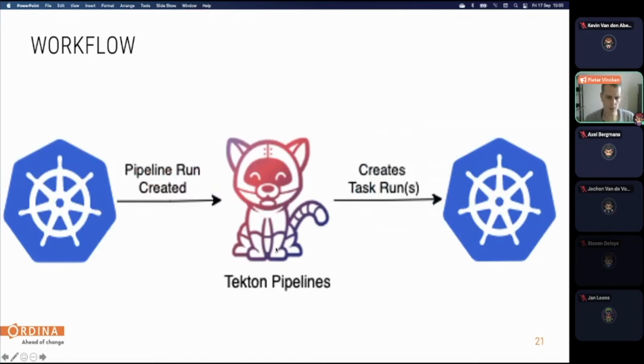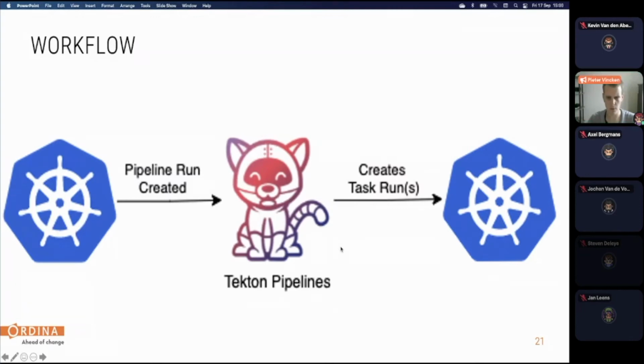Then Tekton Pipelines, a different component of Tekton, actually monitors the Kubernetes API for any pipeline run resources. And once it receives the pipeline run created event, it will read the pipeline definition and then create task runs associated with the pipeline. So if we take the example of earlier where I said we have 3 tasks, A, B, and C, and A and B don't have any dependencies, so it will create task runs directly for those and get those tasks started. And it won't create one for C yet because that's dependent on A, and A was not completed yet. So that's the setup a bit of how